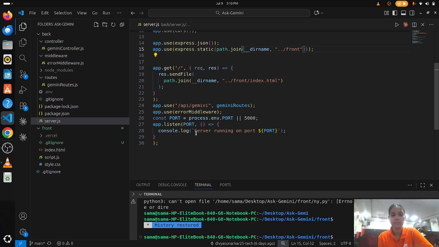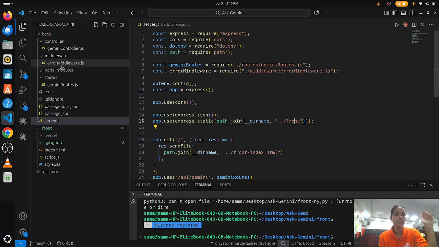From the env file variables we give the port here, and after that we use a callback function and log whatever message we want. This much is in the server.